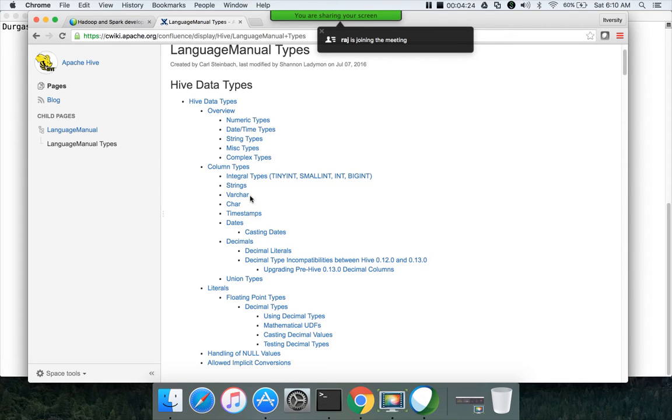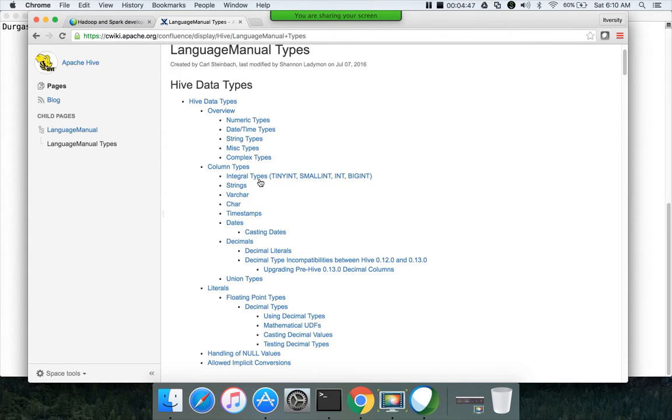In the recent versions, they have introduced char and varchar, and I will explain that reason when we actually demonstrate. And then timestamps and dates are also relatively new to Hive. Earlier, timestamps and dates used to be stored in strings.